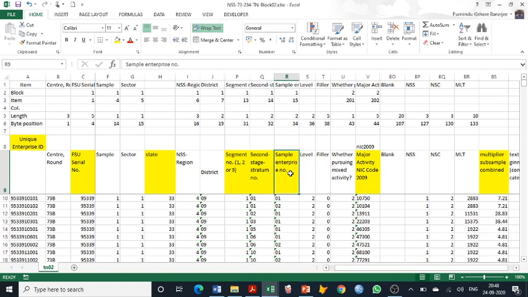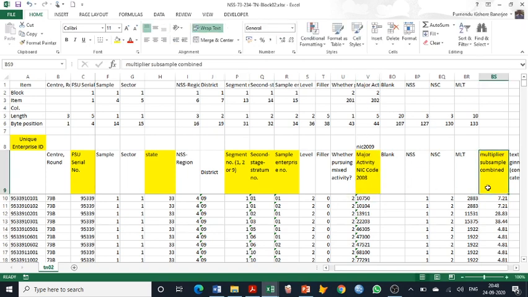In these two cases also, because the length is 2 bytes, we had to do left-side 0 padding. Then major activity NIC code 2009: this is a problem in the data layout. For some reason it has become 2009, so we should rectify it to 2008.